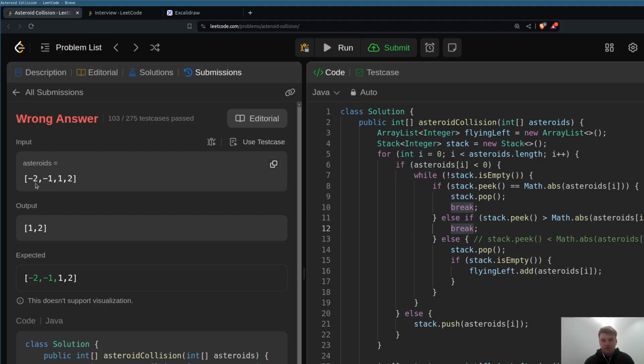So first of all, this one flying to the left. Yeah, okay, so it's kind of an edge case. Even so I need somehow to